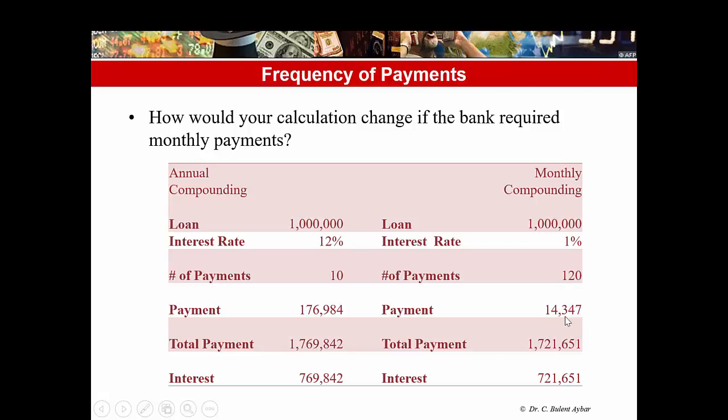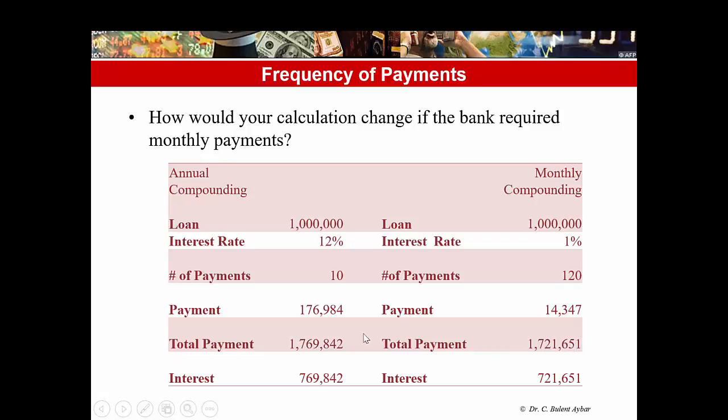So if this were the case, we would make 120 $14,347 payments, where the total payment would be equal to